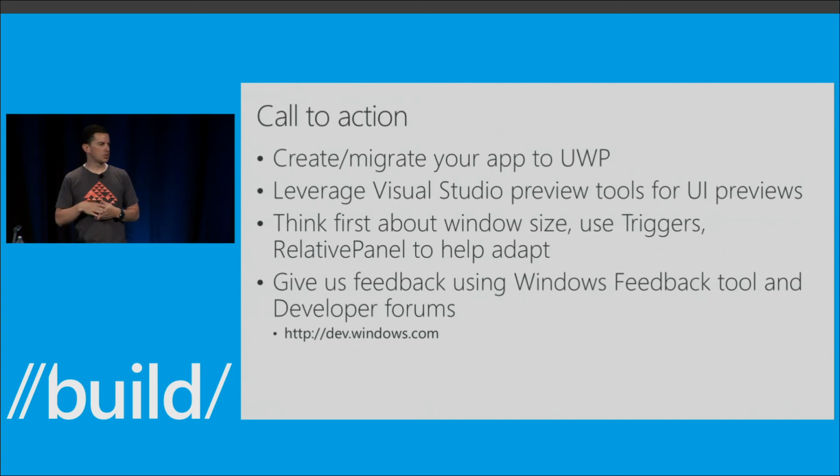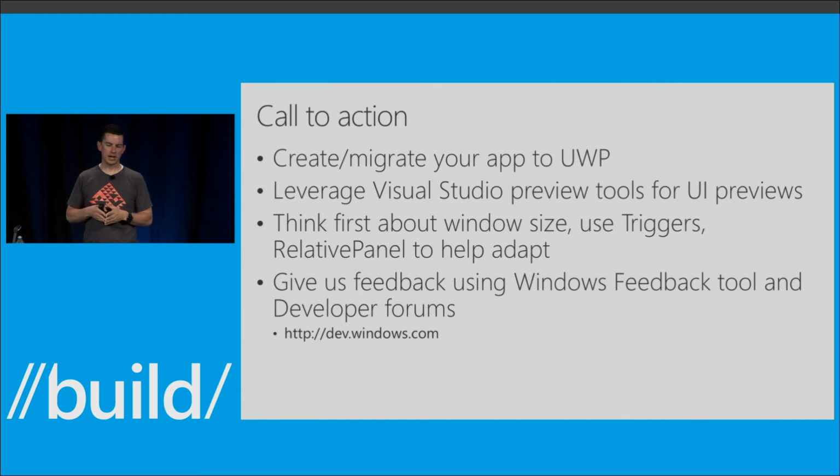We want you to think first about window size and pivot on that primarily. That's why we decided to ship that adaptive window size trigger in the box. But if there are other needs that you need to pivot on, we've created an extensible platform for you to create those triggers on. We're really interested to hear what people will extend those with as well. So we want you to use those capabilities, use RelativePanel for better, simpler layout,